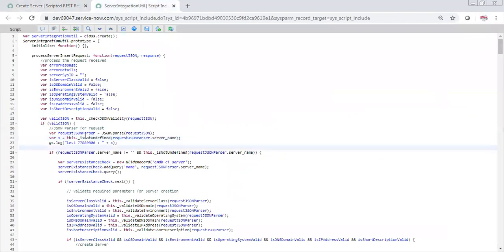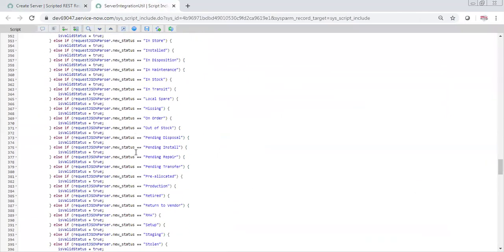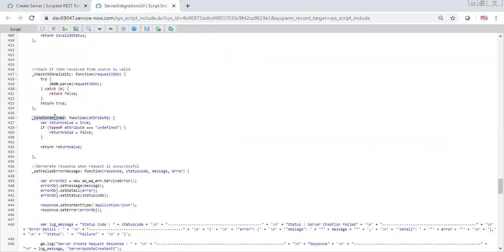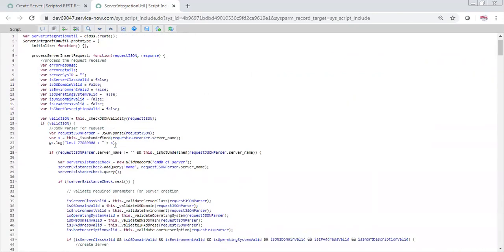So that's what we are trying to say here. We are passing it through the JSON parser and checking, is request.server name valid? So we are checking here if it is not undefined. Again, this is a function where we are checking whether the value is proper or not. So here this function is defined. It is saying if it is equal to undefined, then return false. And if it is not undefined, then return true. So then if I scroll up